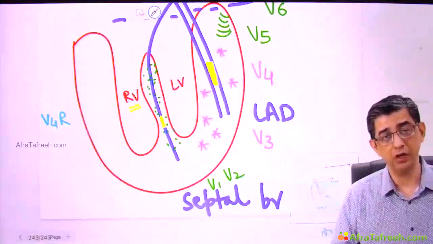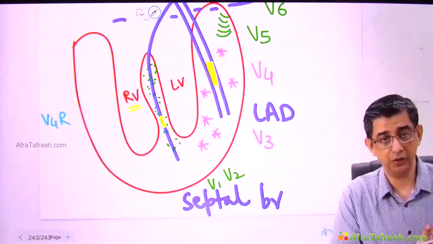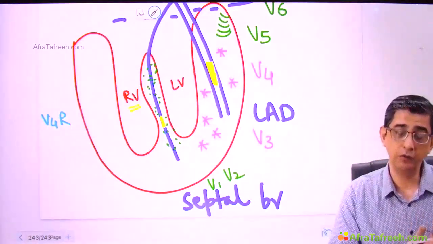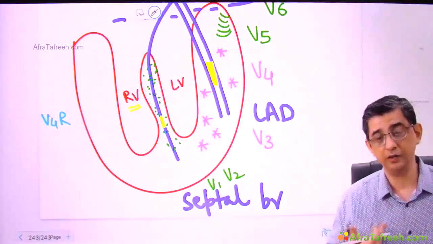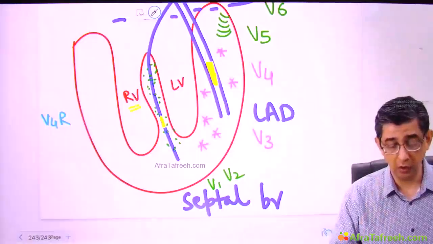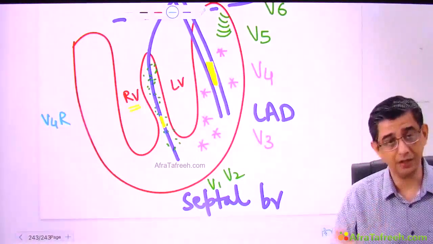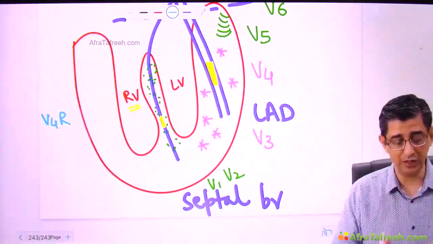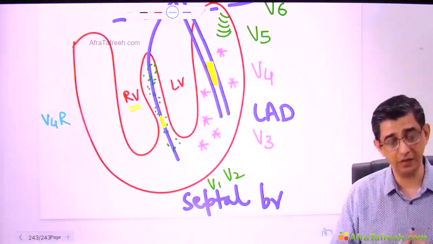And what is V4R? V4R will be just like you put V4 on the left hand side. I'll speak about the electrode positions also. Like you're putting V4 on the left hand side, when you place V4 on the right side, we call it V4R. So if V4R is not given in the options, then the answer is V1. Otherwise it is V4R best suited to study the right ventricle. As you can see, anatomically it can scan a bigger chunk of the muscle.